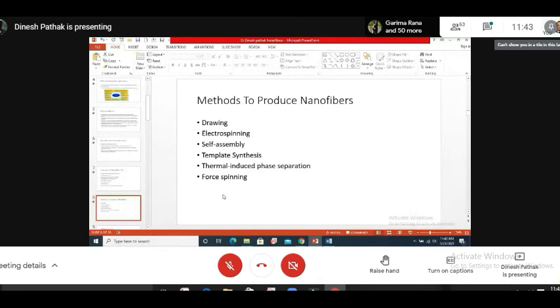So there are many methods to fabricate nanofiber in laboratory as well as in industry. You can have electrospinning, then template synthesis, then force spinning. Force spinning is a kind of instrument where we have a big chamber and you fill the solution inside, and there are hundreds of nanopores in the outer region. When you rotate it at very heavy speed, the nanofiber material comes out, and that can be dried or sintered later depending upon the application. So there are many methods like this.